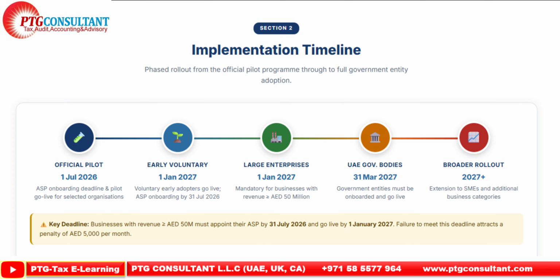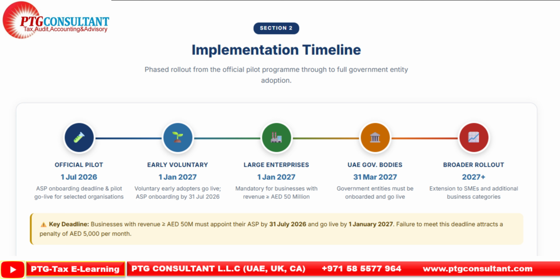Section 2. Implementation timeline. The rollout follows a phased schedule. On the 1st of July 2026, the official pilot goes live. Selected organizations must complete their ASP onboarding by this date and begin transmitting e-invoices in the pilot program. From the 1st of January 2027, e-invoicing becomes mandatory for all businesses with annual revenue of 50 million dirhams or more. Voluntary early adopters may also go live from this date, provided they complete ASP onboarding by the 31st of